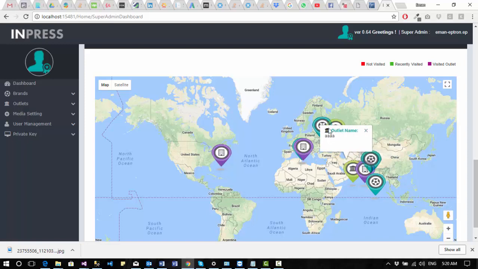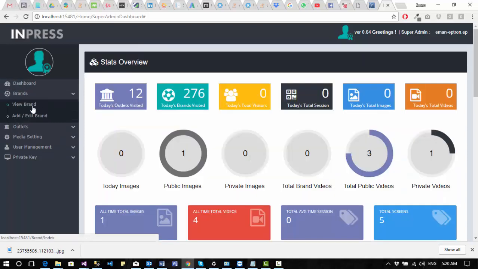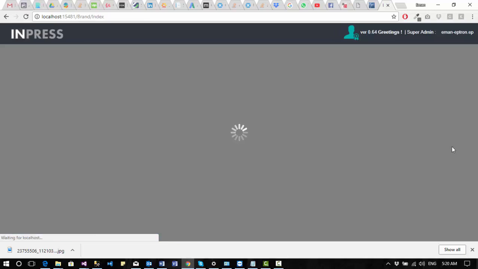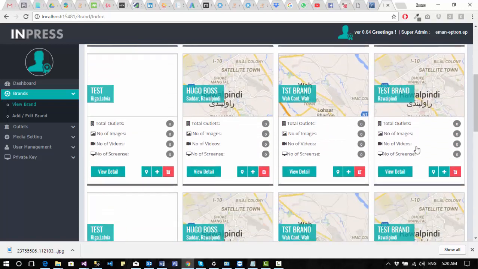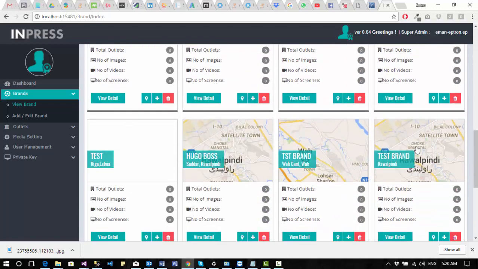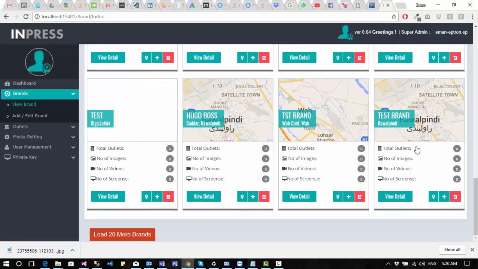These outlets and brands are added to the map. These are the brands, and similarly we have view brand and edit brand, the CRUD operations for the brands. These are tile based navigation, a tile based view for